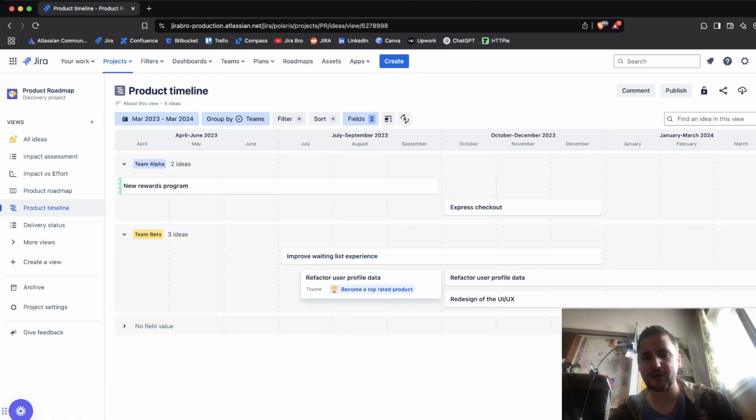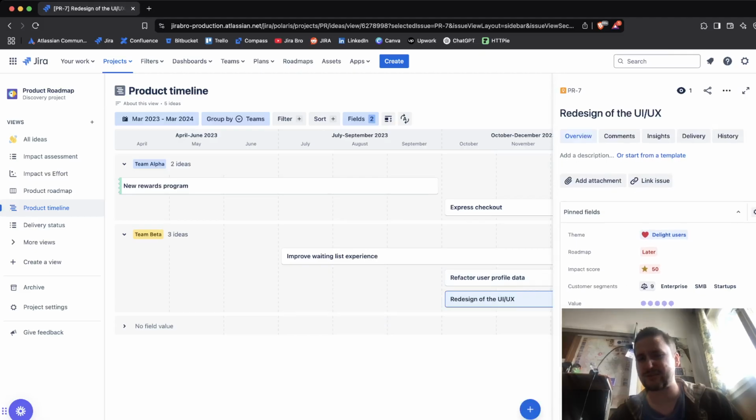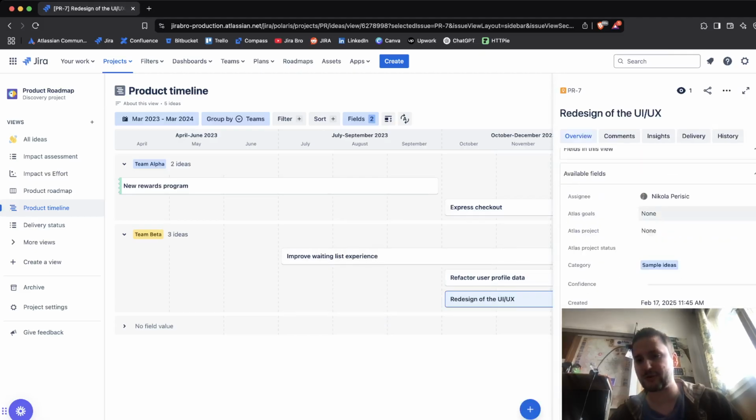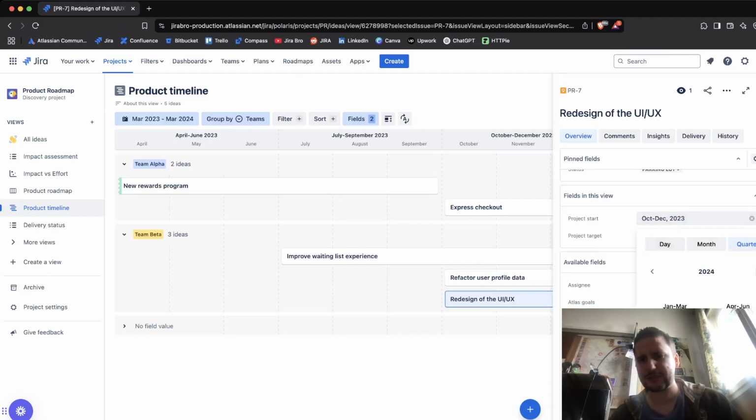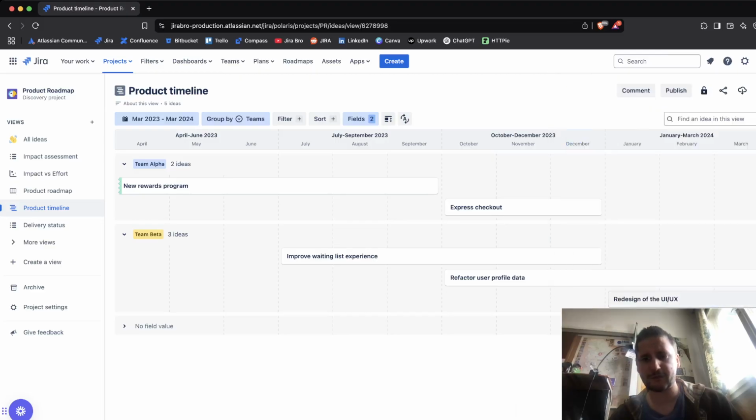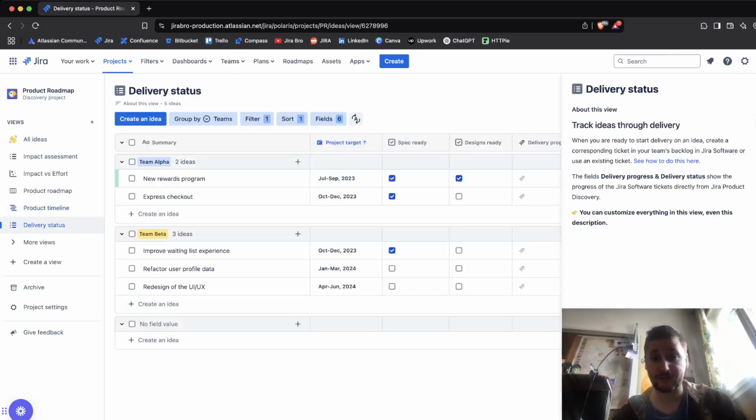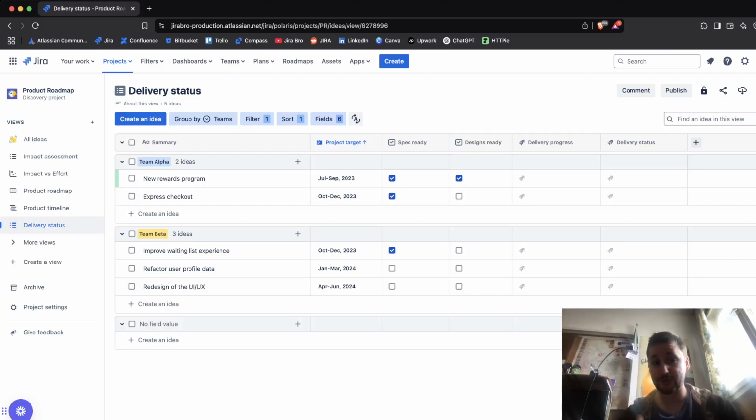It's actually pretty here. Oh, that's actually interesting. October, December, we're having a lot of projects going in that timeline. So no, this is not something that is really suitable. And yeah, okay, that's more like it. And now we can see this right here could be our roadmap, because before this feature was actually called the roadmap. And we also have the delivery status, and this is actually pretty interesting because we have some